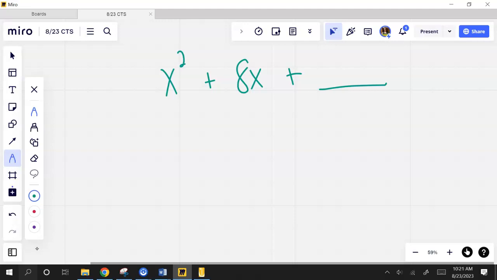Close. Close. 16. Right? Squared, right. All right, so